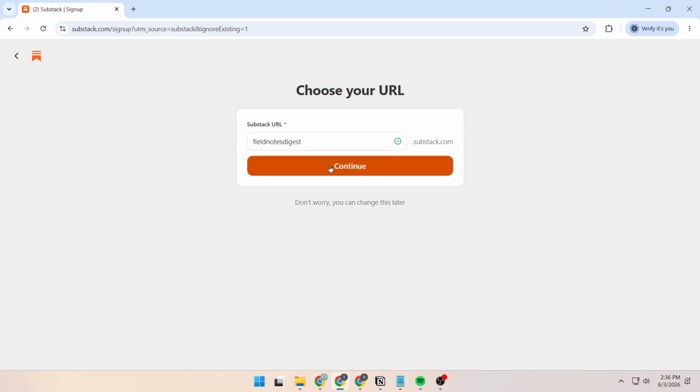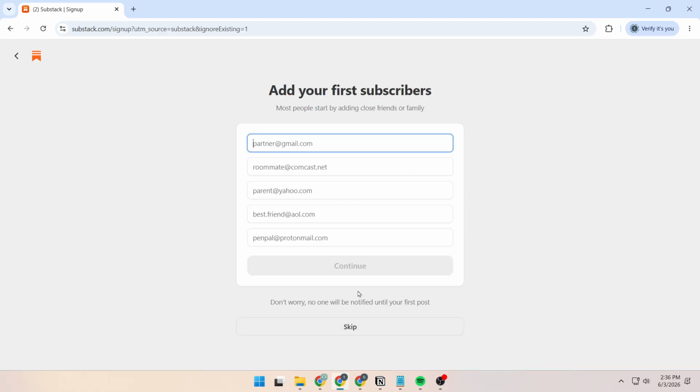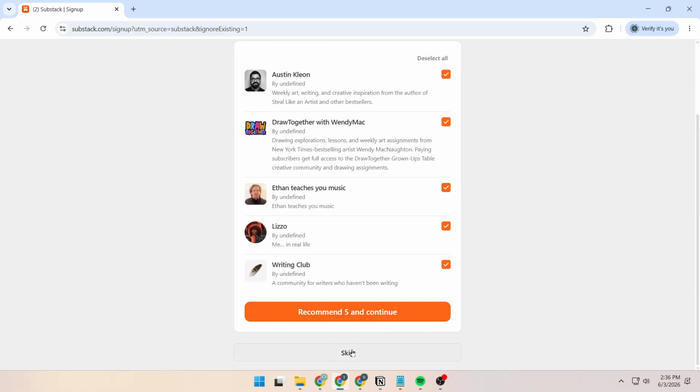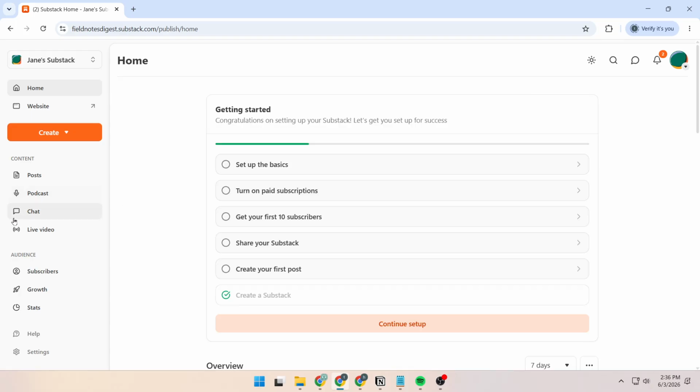Substack will now walk you through a few optional setup screens. On the Import Mailing List screen, click Skip for now or Continue without importing. On the Add Subscribers screen, click Skip for now or Continue without adding any subscribers. If you see prompts for recommendations, a logo, or design choices, click Skip for now or Continue without adding anything. Keep repeating the Skip or Continue action for any remaining optional setup screens until Substack finally opens the new publication